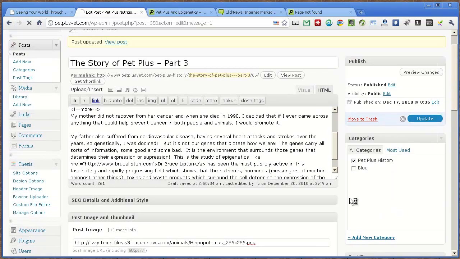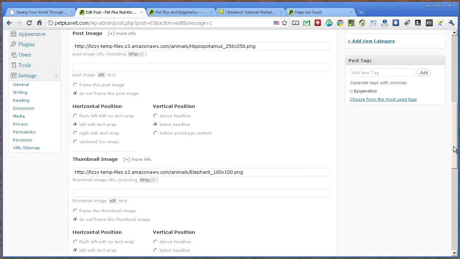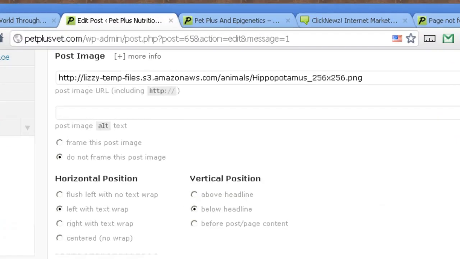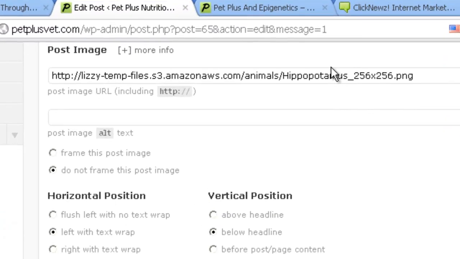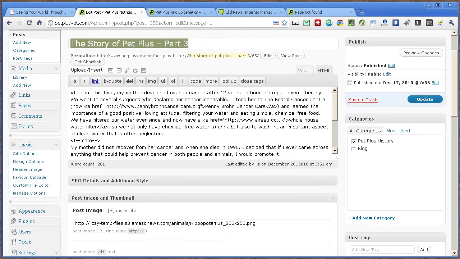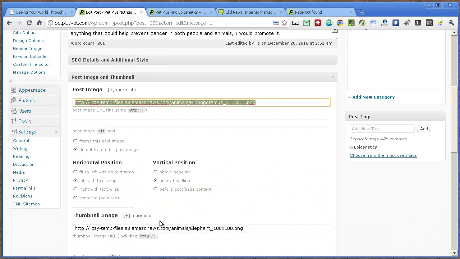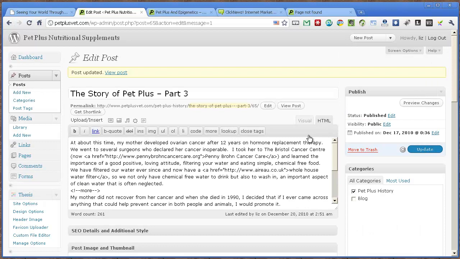So now if I update, I've taken it out of the main body. There are no images in the main body. I've just used Thesis's two opportunities here, one for the post image and one for the thumbnail image. Just to be clear, before I placed them in here by hand, and I didn't put anything here at all into this post image URL box, but I did make use of the thumbnail image box. Anyway, having done that, if I do an update